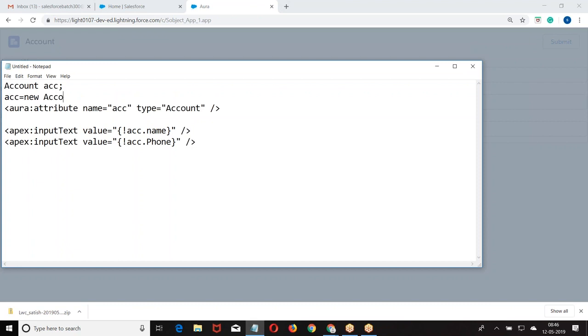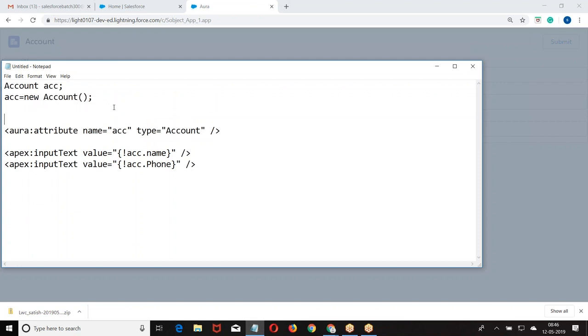ACC equal to a new one. Or, if somebody has already defined an account, then I say Account ACC equal to A. Either I assign the memory like this, or if some account already exists, assign that account to ACC.